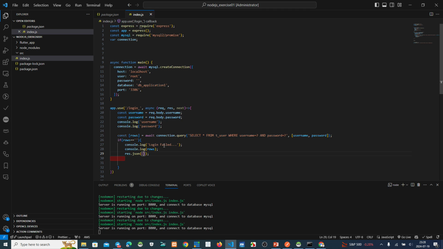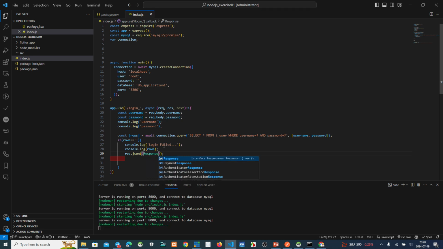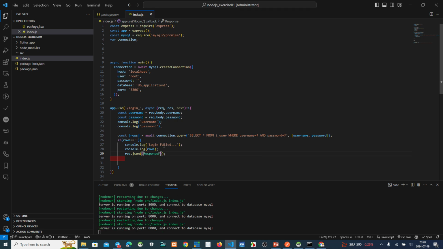Make a parameter named response from Node.js to Flutter.